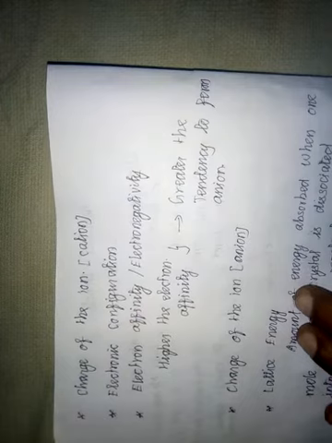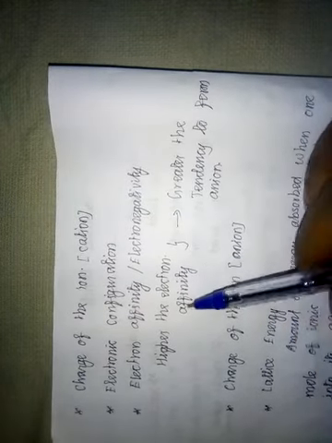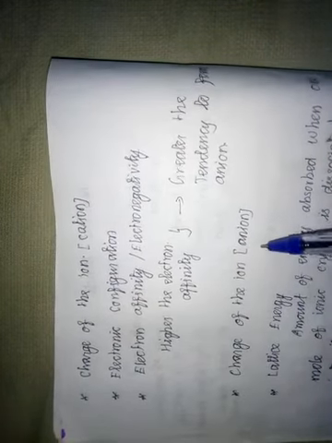Now, charge on the cation. This is what we have seen earlier, the charge on the cation. Likewise, the charge of the anion is also there. The anion can also accept electrons. If they accept the electrons, it can easily form the electrovalent bond. Then electronic configuration is also a factor for the formation of electrovalent bonds, and electron affinity. If it attracts the electron easily, it can form the ionic bond easily.